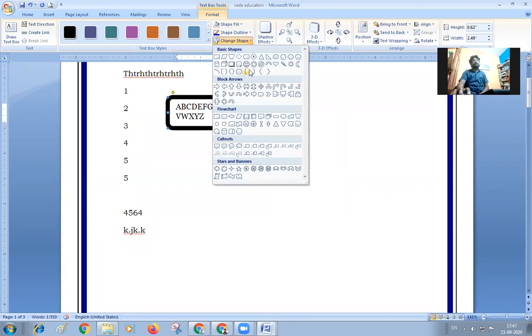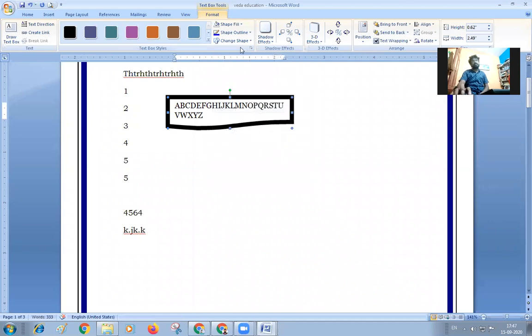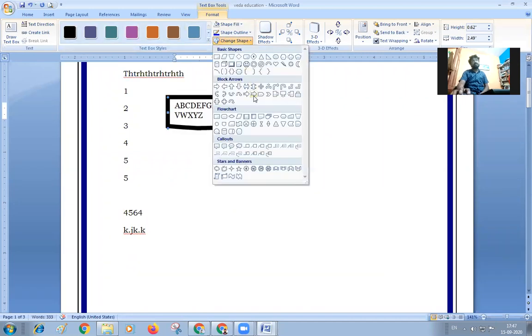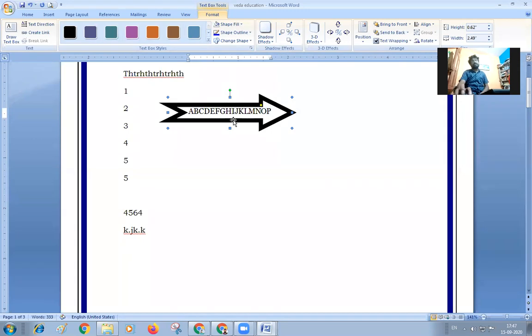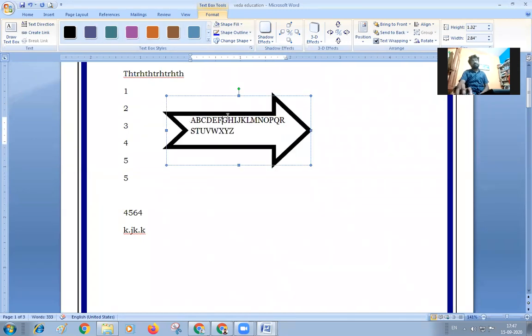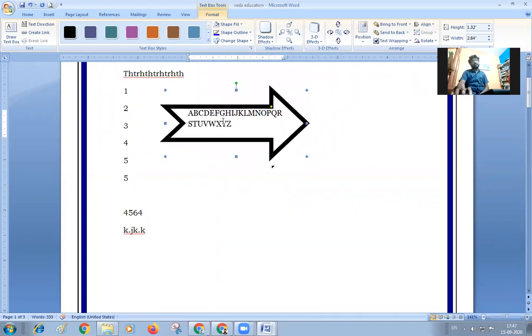And you can also change the shape. If you want to change the shape, you can change it in this way. The given shape will be changed into another one in a different manner also. You can also keep on expanding it so that the text becomes visible here. And these are the effects generally which you are going to use in MS Word while formatting the document. Okay, this is in general. Next we are going to discuss what options we are going to see in MS Word.